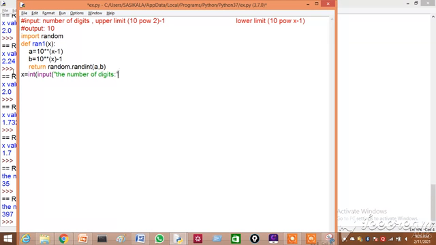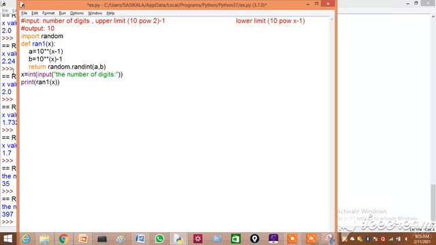So you have to specify how many digits the random number should contain. Then I should call that function ran1 and pass the x value to that function. Then I am going to print the value which I got from the function.